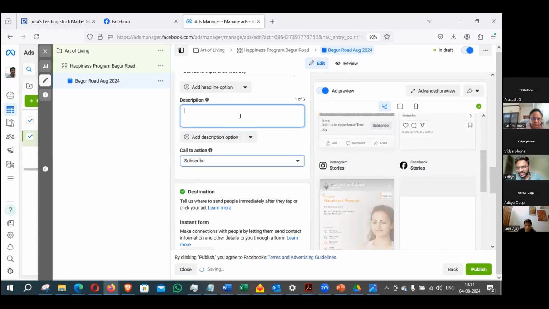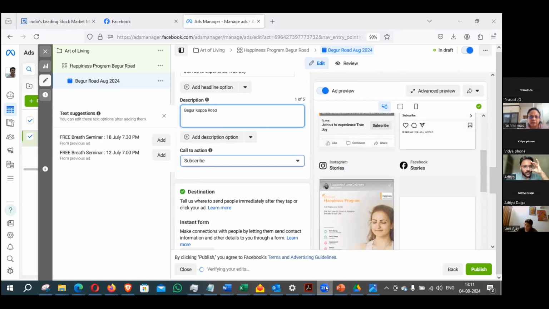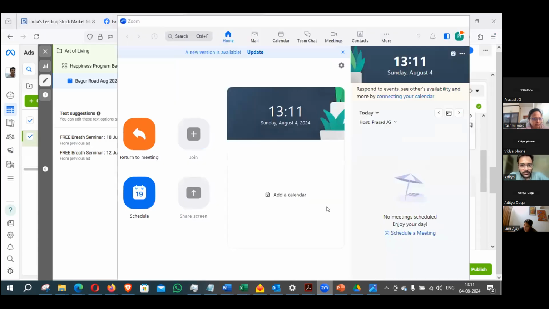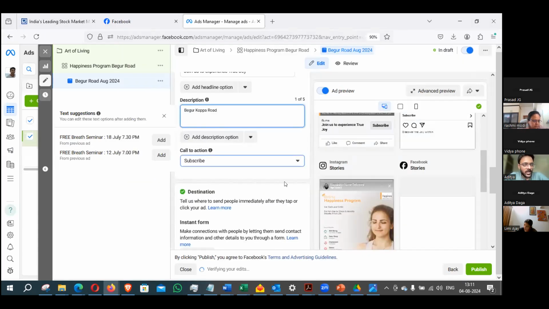Something like this, I just added in the chat. I mean, it's a very basic one. You can make it a little bit more creative. Okay. So I think after putting the primary text, headline, and the description and the creative, we come to call